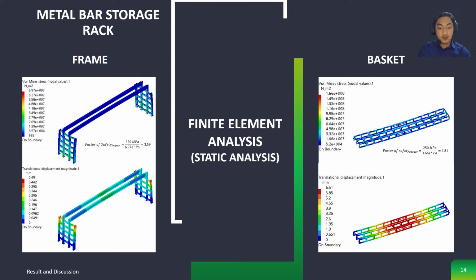Secondly, the maximum von Mises stress and translation displacement for the basket are 1.66 exponent 8 Pascal and 6.51 mm respectively, as shown in the figures. The factor of safety for the basket storage is calculated as follows. The factor of safety values obtained for both frame and basket are greater than 1. This means that the design is suitable for use